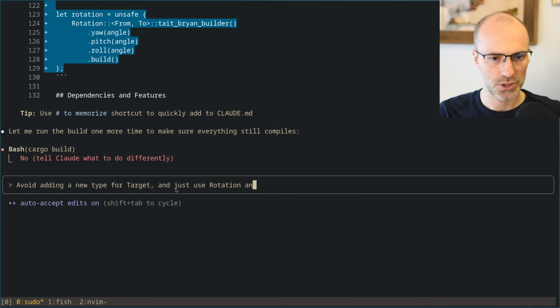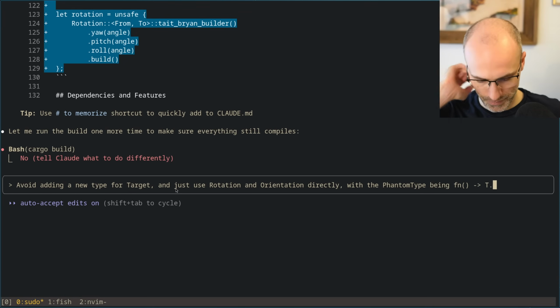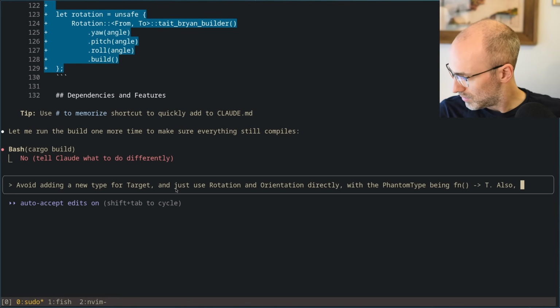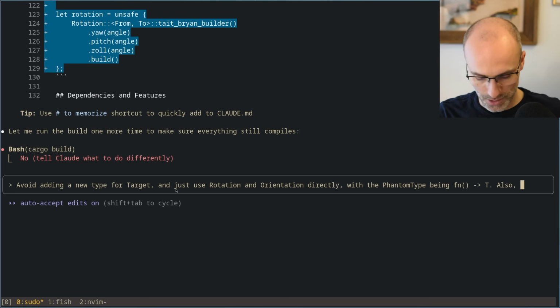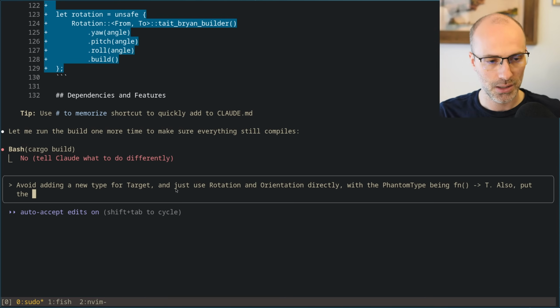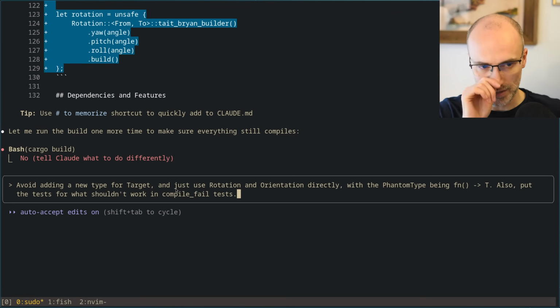Just use rotation and orientation directly, with the phantom type being FNT. Also, put the tests for what shouldn't work in compile fail tests. I should really put that in Claude MD, I think.